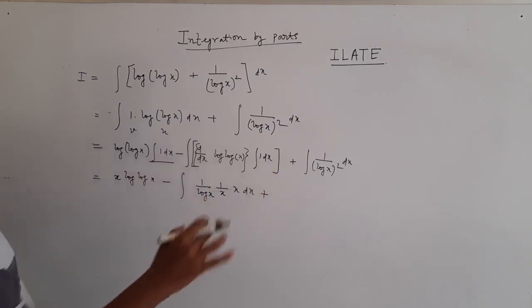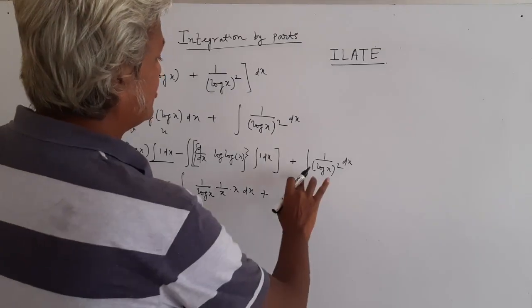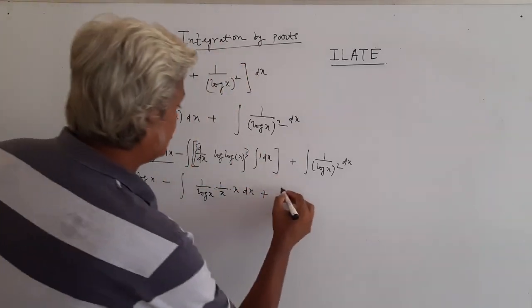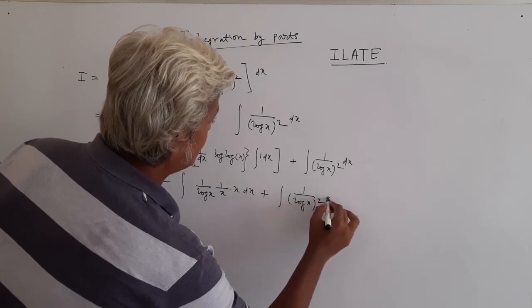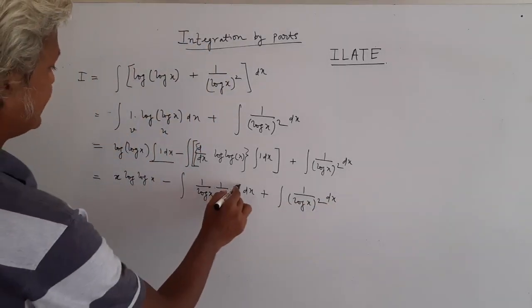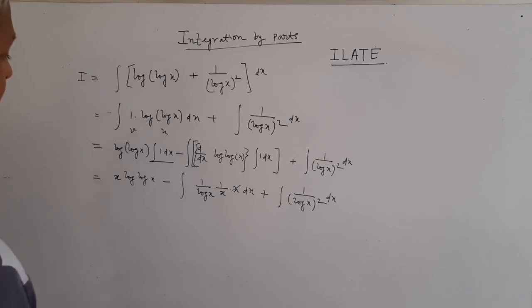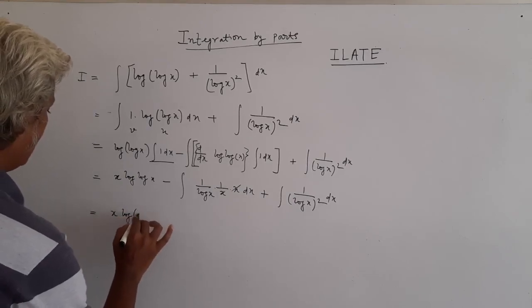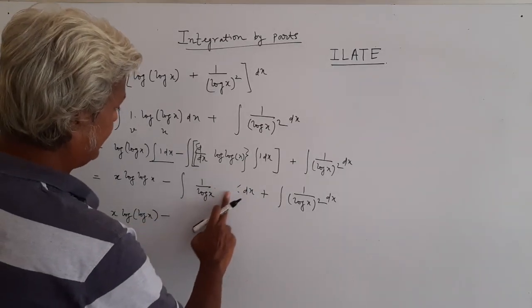I am not integrating this one because I have solved this question many times, and after some time you will also realize why I am not integrating this one. I am just keeping this whole term unchanged. Why? So first let's do the 1 over log x whole square dx. Now here x and x cancel. Now in this condition we have to find the integration of this whole thing. So let's continue. So now here you see x log x minus, here this x and 1 by x have already cancelled each other.